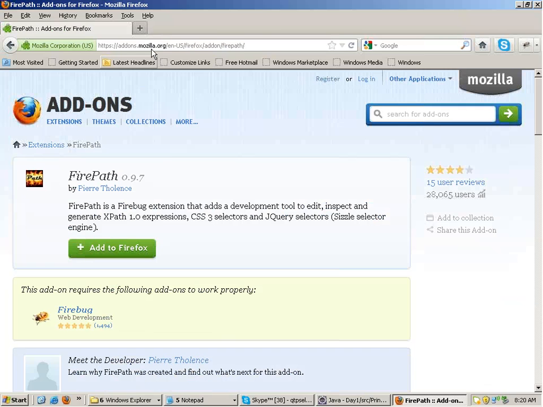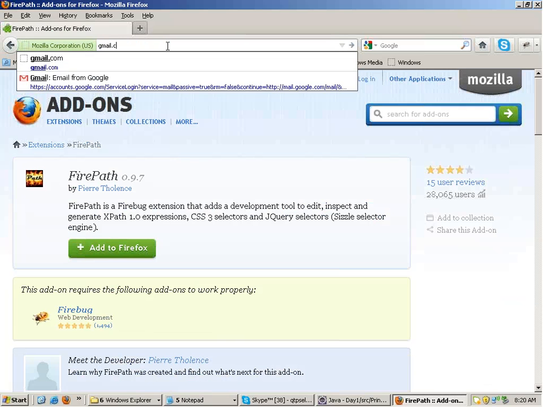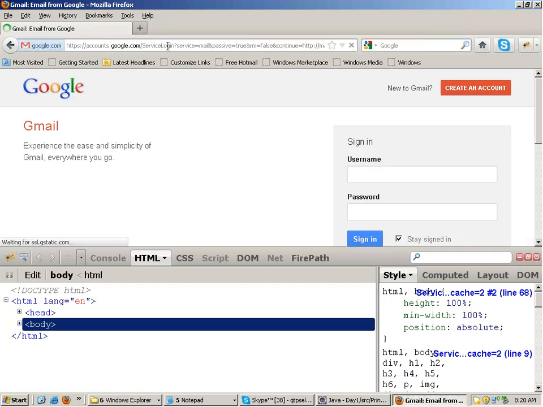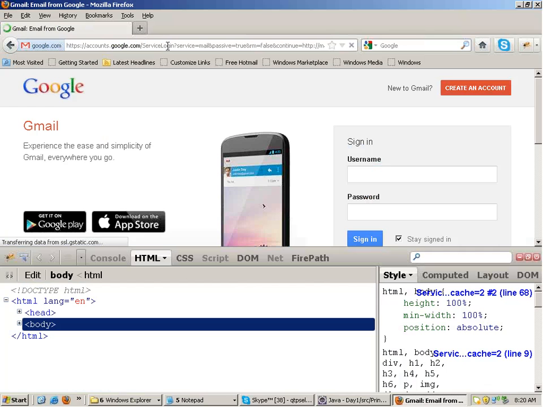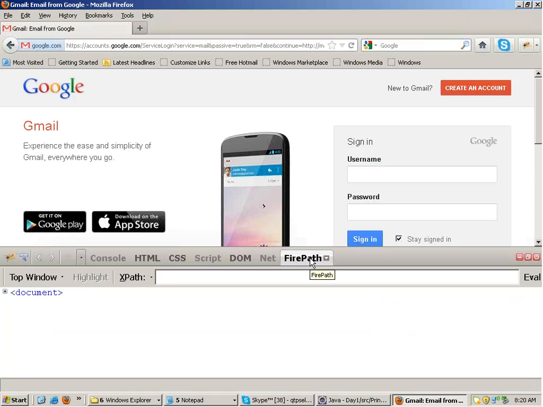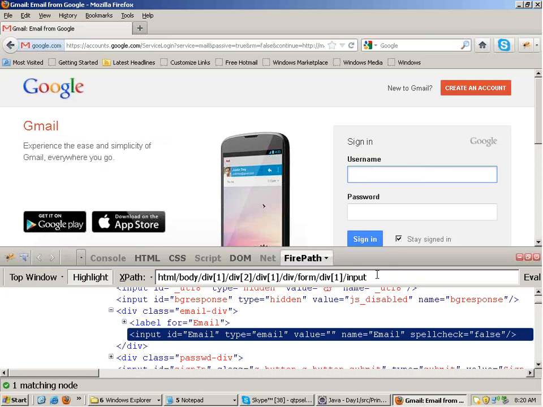And now, once you go to Gmail, you will have the Firepath option here. Okay, this is the Firepath option. So under this you get the XPath. To do this you have to make sure that Firepath is there on your machine. Right. So sorry, Firebug is there on your machine. Now if you actually go forward and suppose I look at this username field, then I'll get the XPath of